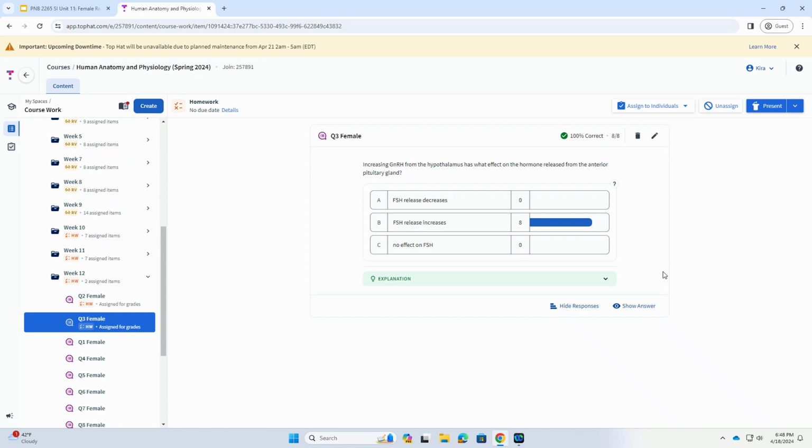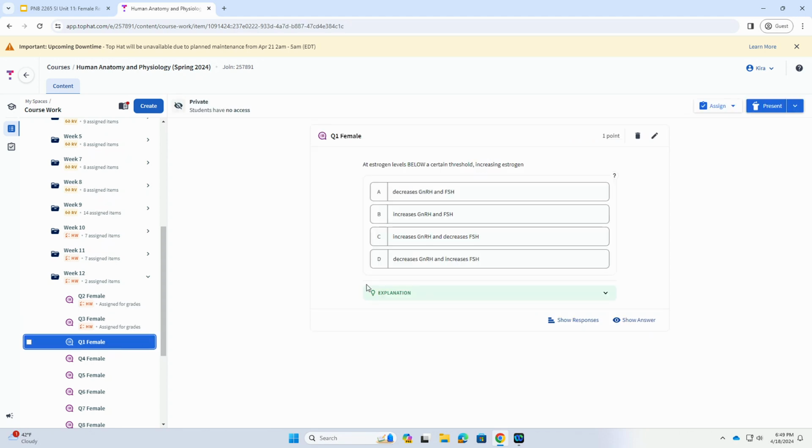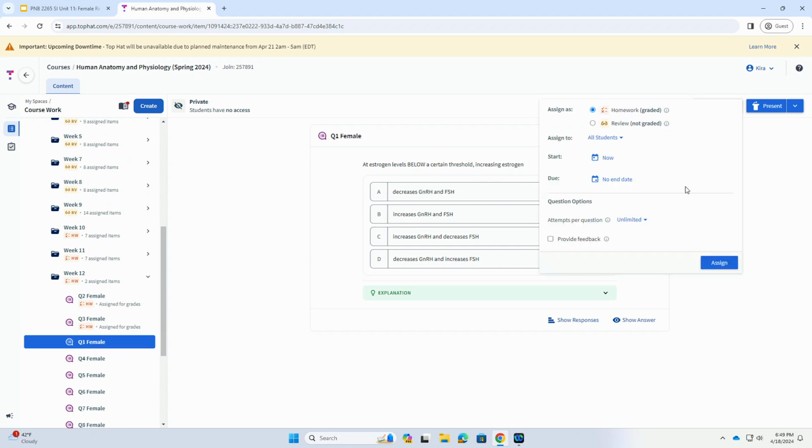Nice. You all got it. So when GnRH is released from the hypothalamus, it triggers the anterior pituitary to release FSH. For some of them, I put little explanations. If you go back to these. Oh, let's fix that. So this one is